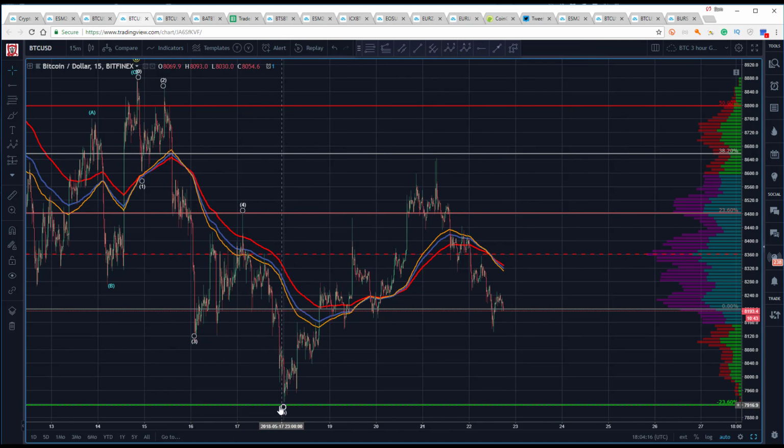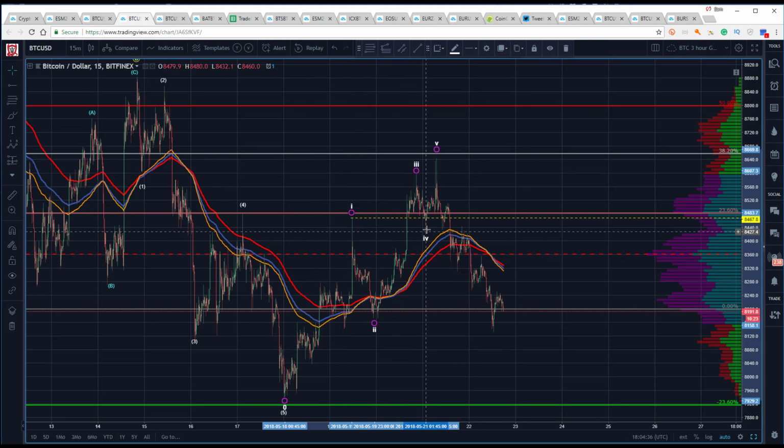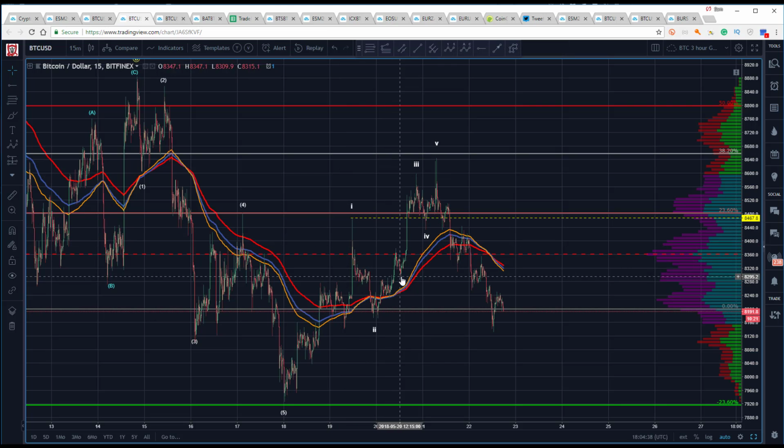So here's our low here. What I see, this looks to me like I've got an extension in the first. So I would be inclined to count it this way, 1, 2, because of the depth of that retracement. I'm not in love with this, but that's if I'm going to get 5 out of this. So I'd be wicking this off here. So clearly we'd have a diagonal, so this would have to be ABC into our 4 into an ABC extension in the first. That's what I'm inclined to see here,